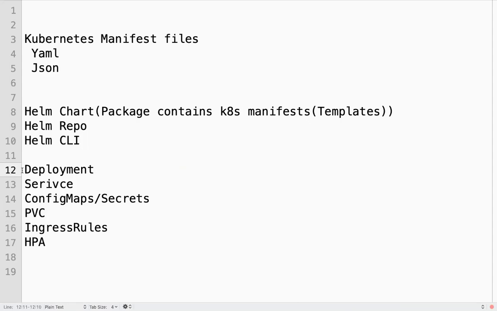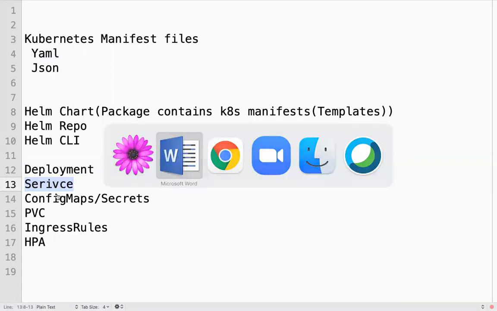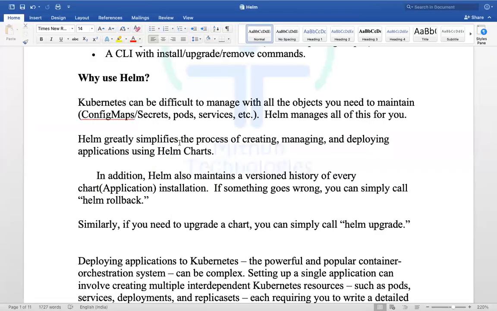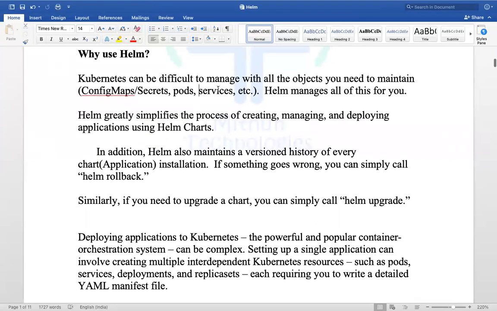Basically, we are creating it as a Kubernetes manifest file, YAML or YML, to deploy the applications. So it is very difficult to manage everything which you need to deploy the application.